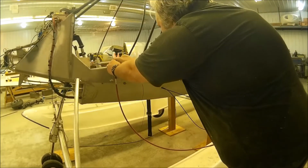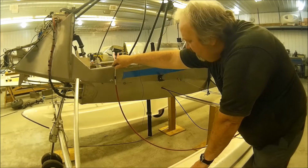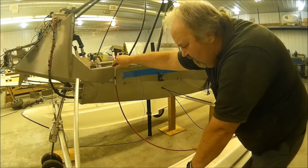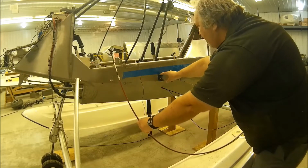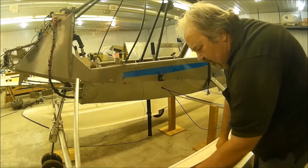Because in this position here, this is a trip hazard getting in and out of the aircraft. You could step on it, you could break it, rip it free if you slip on the water. The struts are right here, so you're in front of that, and it's just in the way. Now, another fellow who